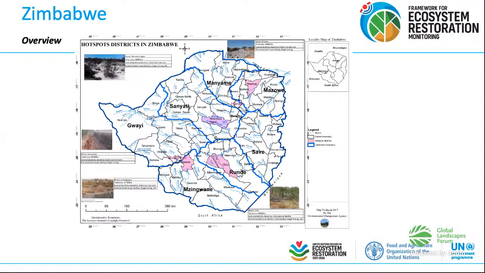We are a landlocked country in Southern Africa, which is prone to climate change-induced extreme weather events such as droughts and floods, and this also exposes the country to land degradation. Main land uses in Zimbabwe include communal areas, agricultural land, protected areas, and settlements. Of interest are communal lands, which make up 42% of the land area, where 67% of